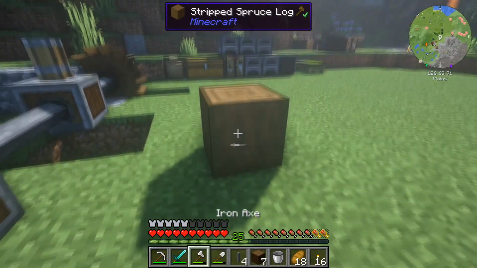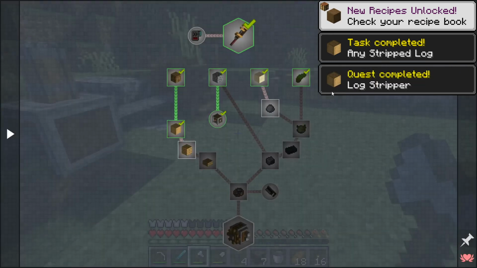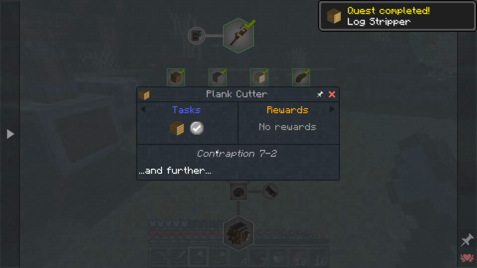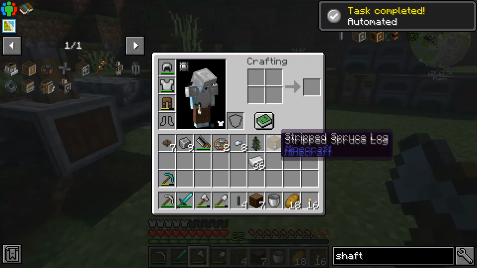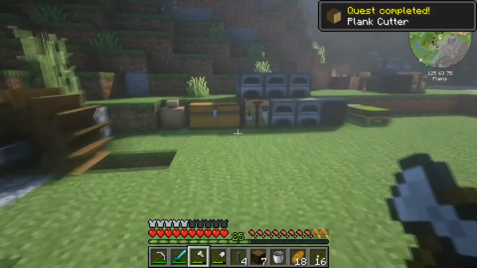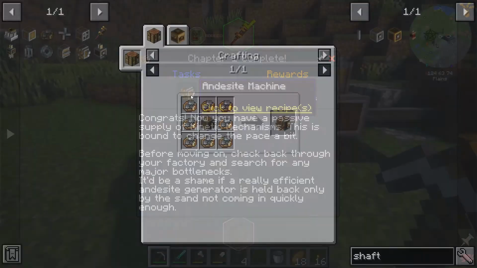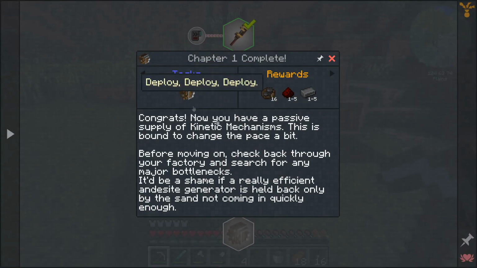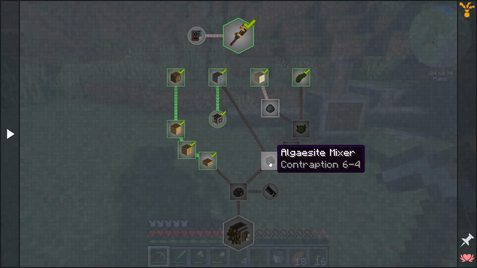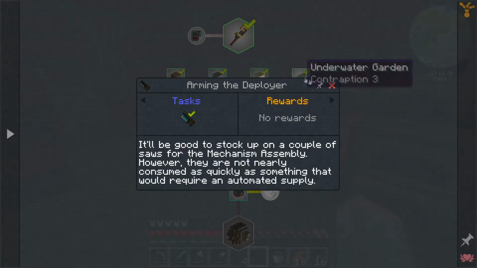We need some strip logs just to complete this quest. Perfect. Good. Now let's get into plank cutter, and we already have planks, don't we? Yeah, we don't need that. Slabs. Perfect. So as we're going down here, we already made one of those, so we should complete that, but we have to complete, I believe, everything else before, which algae, I want to get that before